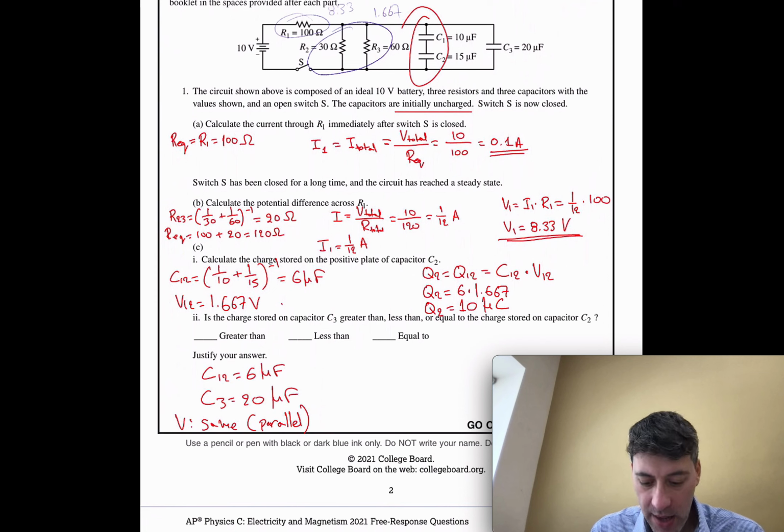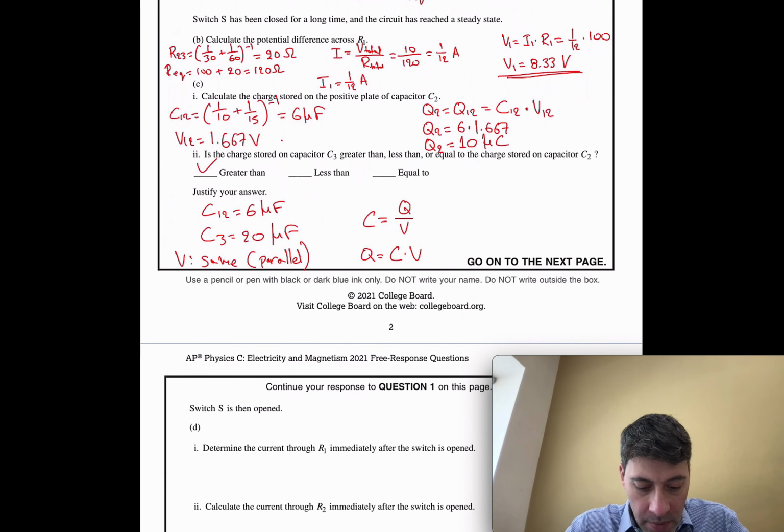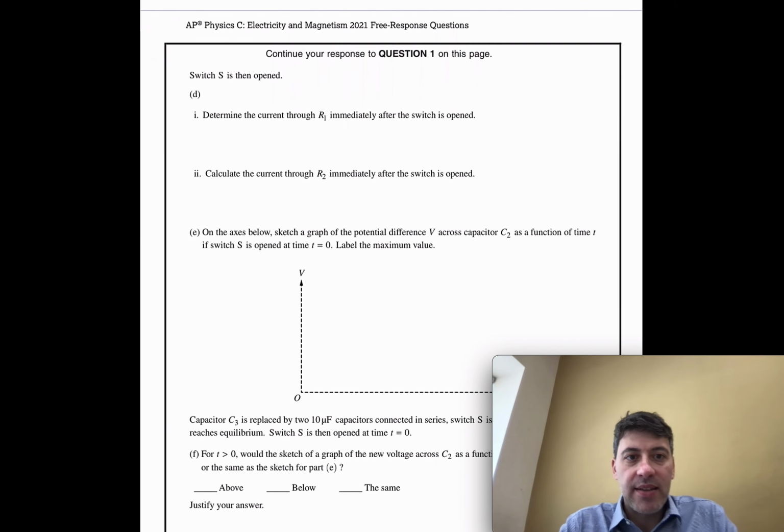This means that the charge on C3 will be greater, because C is equal to Q over V, and the Q is proportional to the capacitance. So the charge stored on capacitor C3 will be greater than the charge on capacitor C2, because the C is greater and the V is the same. And we continue to part D,